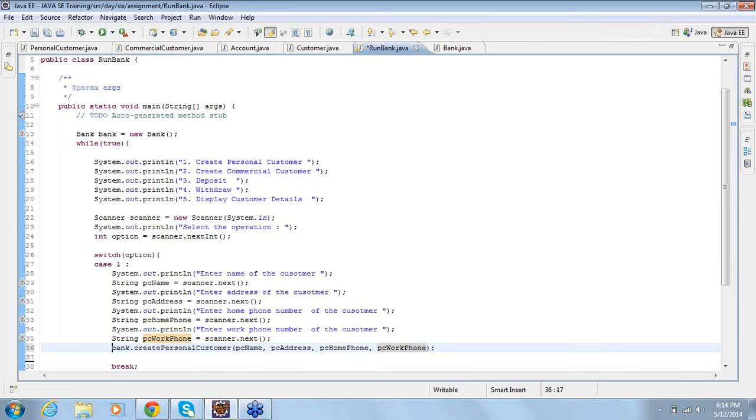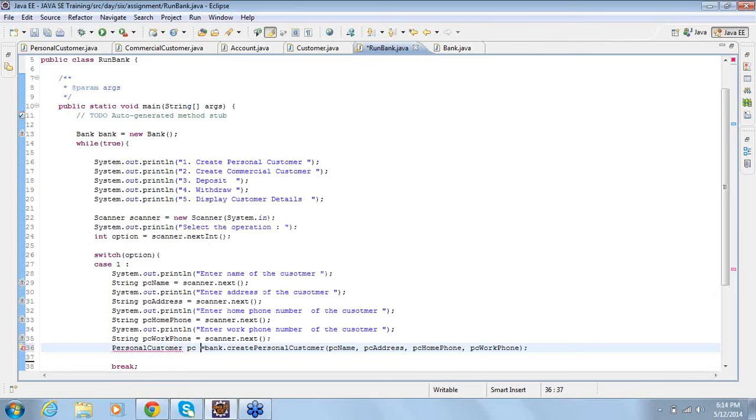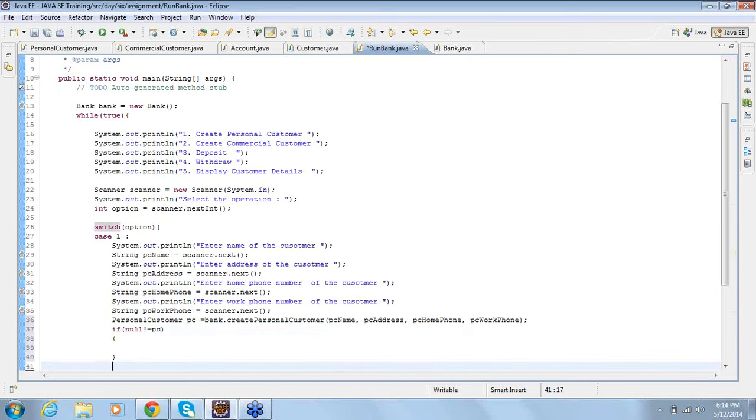Now what is it returning? It returns a personal customer object. Now I check, is that personal customer object null or not? If it is not null, then the object is created.